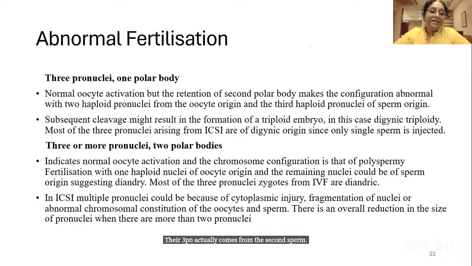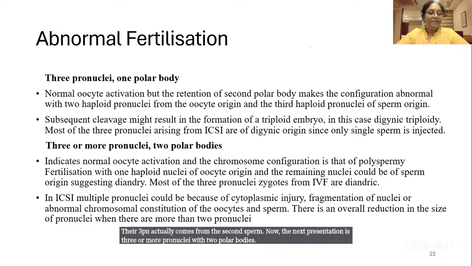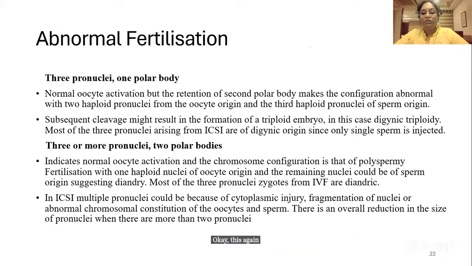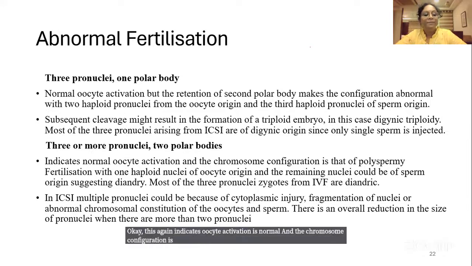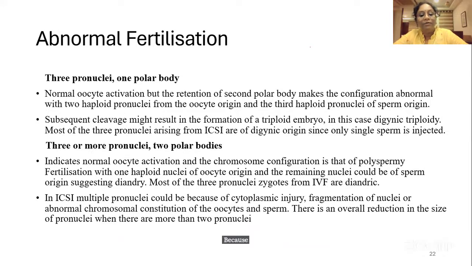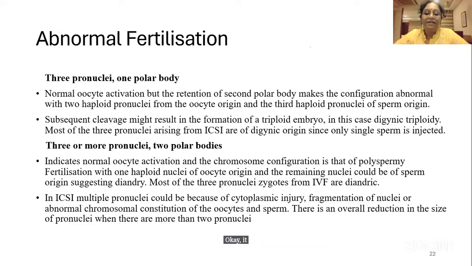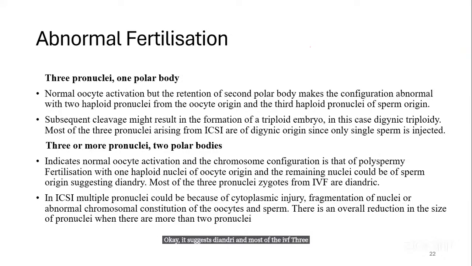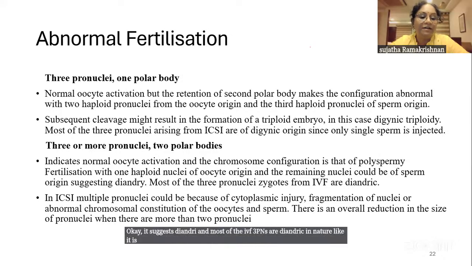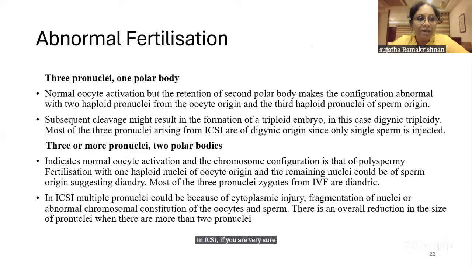Now, the next presentation is 3 or more pronuclei with 2 polar bodies. Okay, this again indicates oocyte activation is normal. And the chromosome configuration is that of polyspermy, because you have 1 haploid nuclei of the oocyte origin and the remaining nuclei could be of the sperm. Okay, it suggests diandry, and most of the IVF 3PNs are diandric in nature, because of multiple sperm entering the egg. In ICSI, if you are very sure that you have taken only 1 single sperm, and